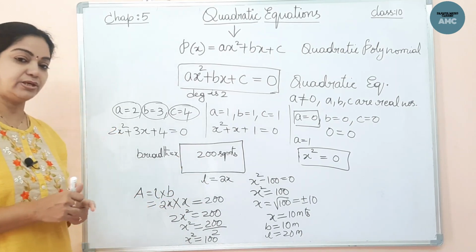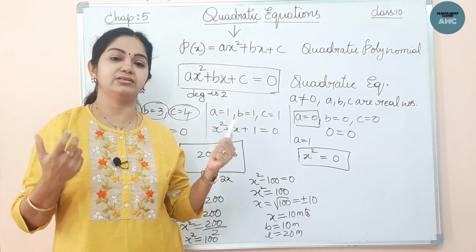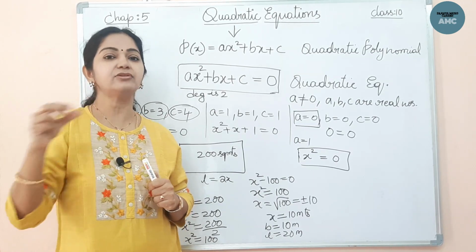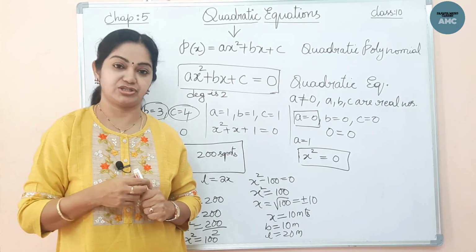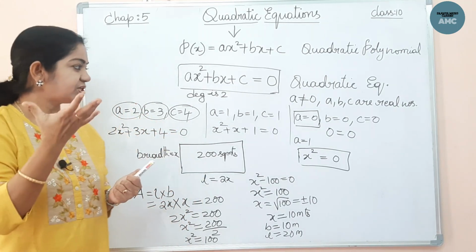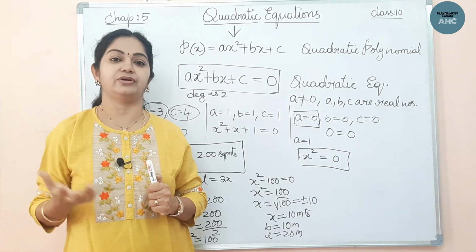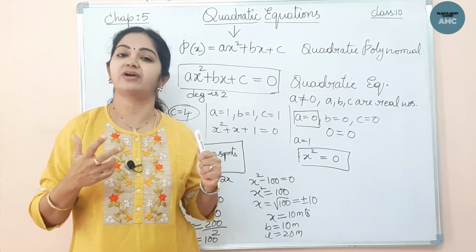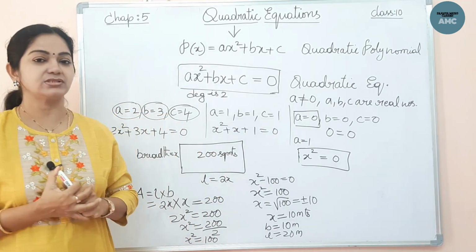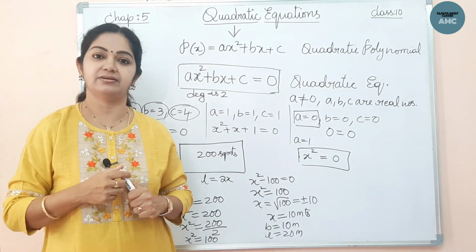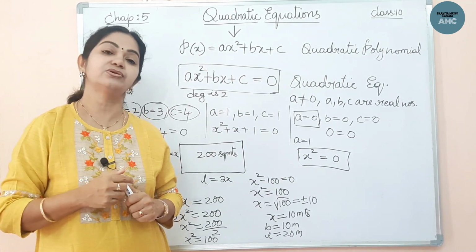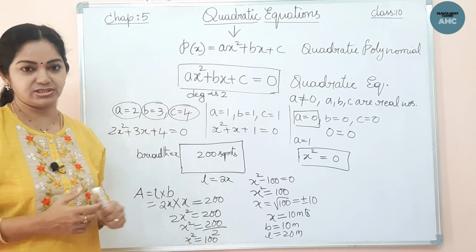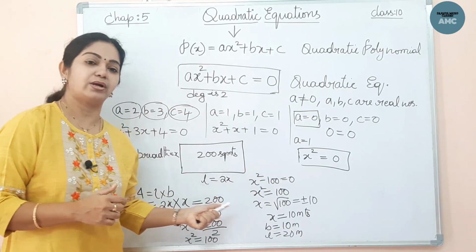The classroom, your classroom breadth and length and the area. So also we use these quadratic equations in many situations, like when the rocket is fired to space, the path of the rocket is defined by a quadratic function. And also the dish antennas placed above in the terrace of your houses, the shape of the dish antennas is also a quadratic function, right? And also the lens which we use in the spectacles, the shape of the lens is also defined by a quadratic function. There are so many uses of the quadratic equations. So this is all about the quadratic equations.